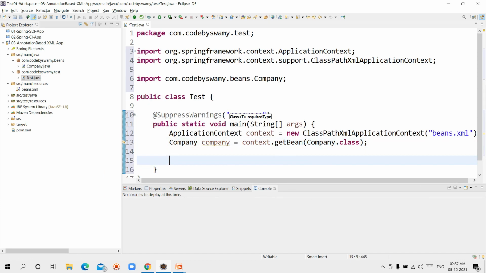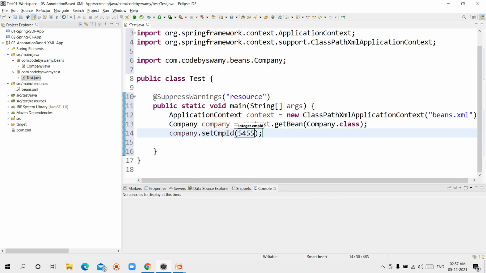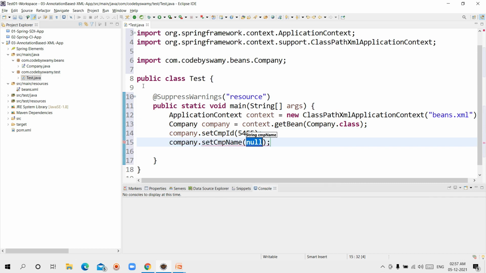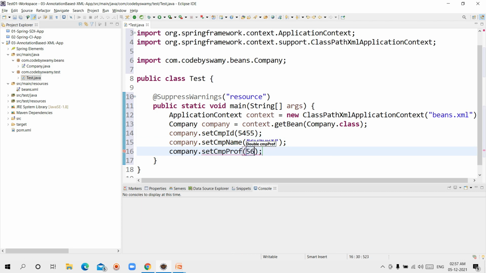This time I want to set the data. company.setCmpId, I'm giving some id. company.setCmpName, I'm giving some name called Suzuki. company.setCmpProfit, assume for example 5,600 crores.